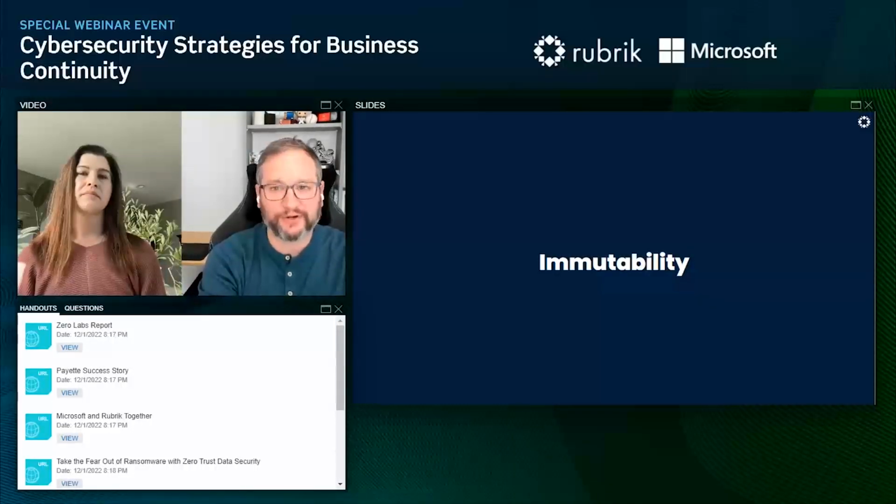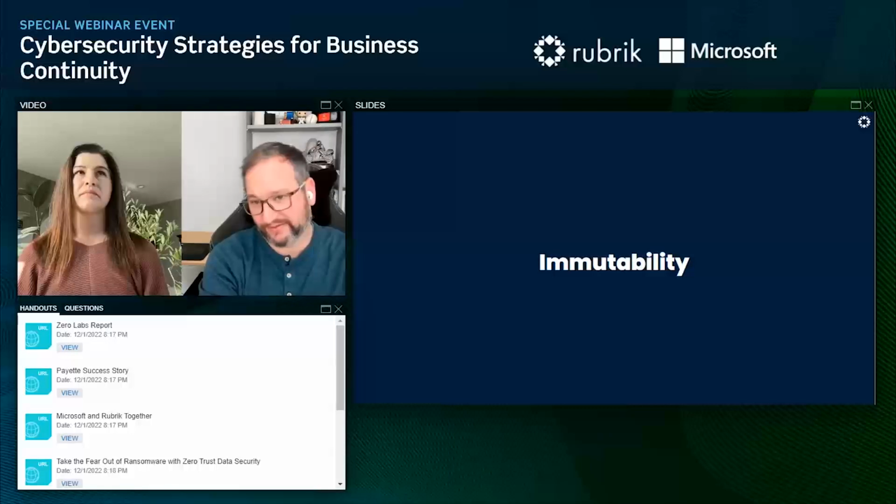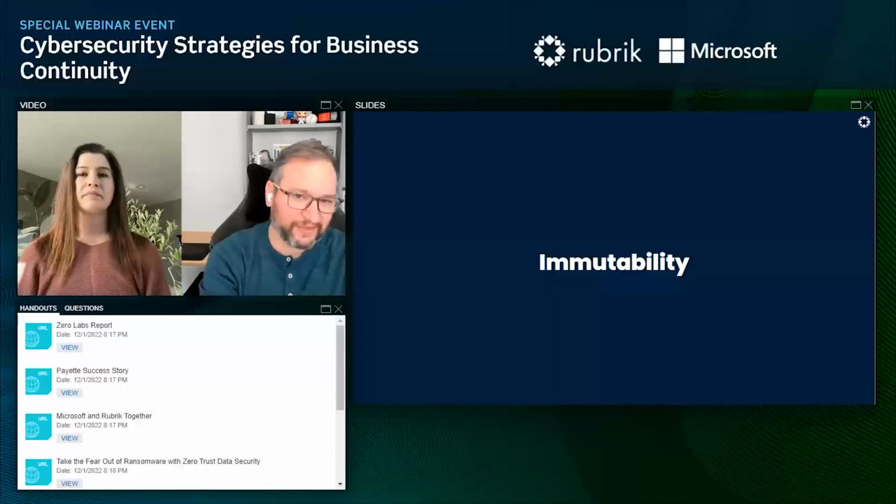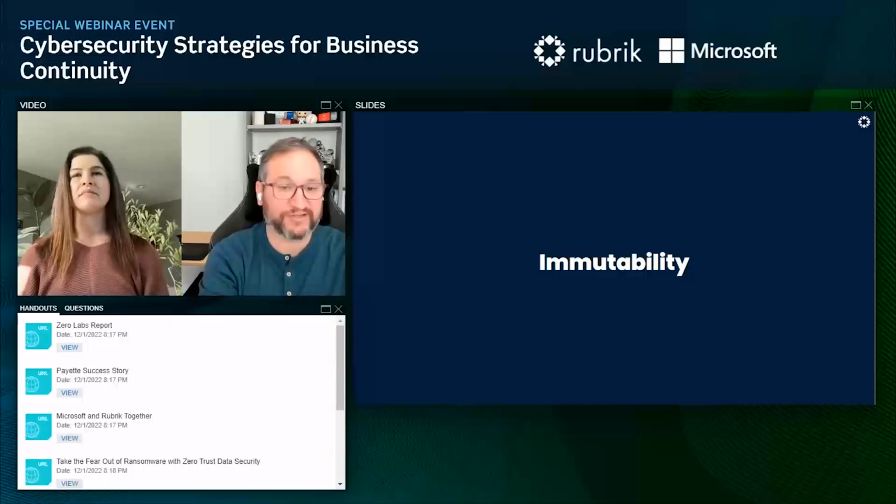So it's important to consider solutions and technologies that have immutability baked in. That's not a bolt-on. That's not something where you have to choose what data is immutable and what data is not. There are all kinds of considerations around that, but the main idea is making sure that when you consider immutability, it's there for all of your data and that it's dependable and not something that can be turned on or off, because attackers are getting smart to those abilities.